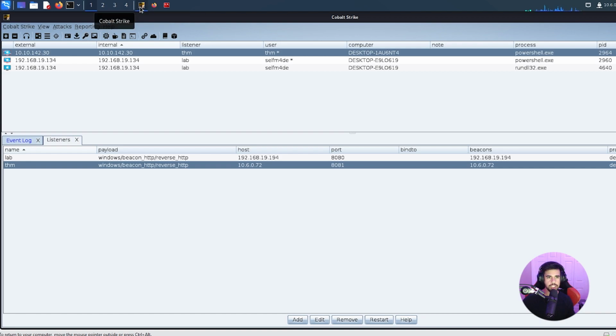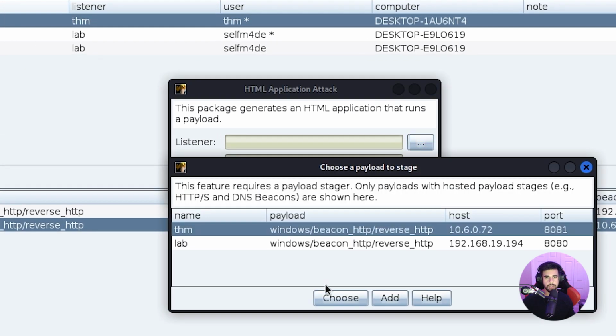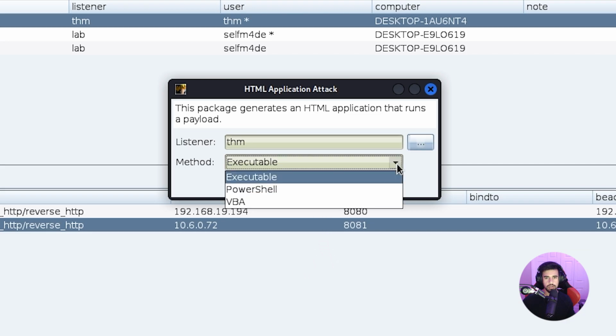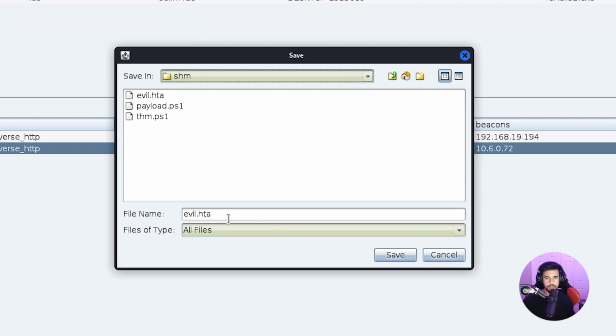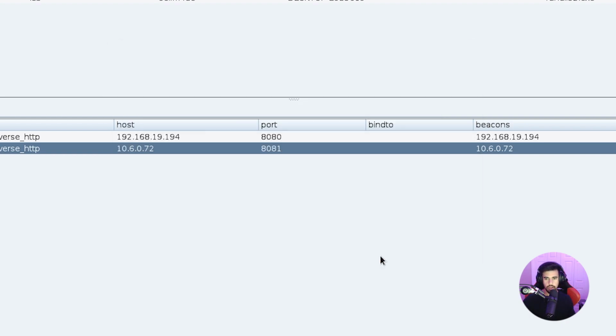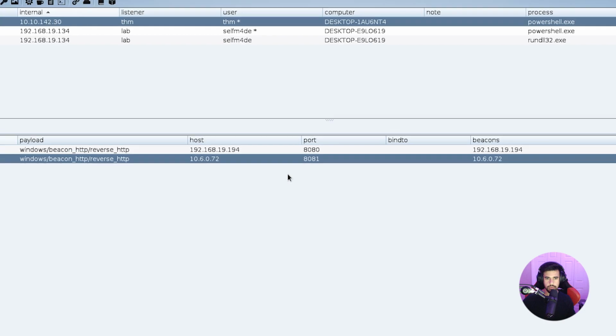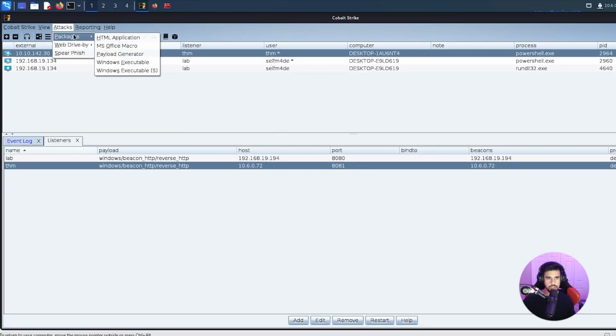Let's go ahead and try the HTA, like they mentioned as well. That's all we need to do for that, once again, is to choose packages, HTML application, and this time the TryHackMe listener. And any format's fine. Well, we could maybe try executable this time around for something different. And it'll just be tryhackme.hta. And of course, once again, just to confirm, this one is self-hosted. It's not hosted automatically by Cobalt Strike,